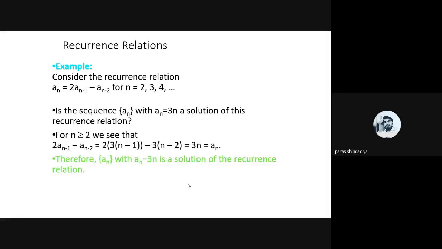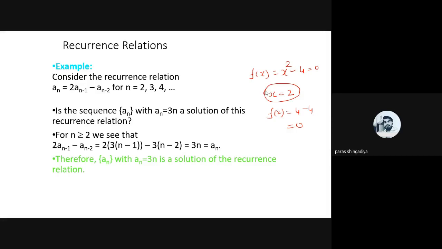And here we will check the solution of a recurrence relation. One of the solutions is given, and we verify this solution. So how can we verify that? For example, if we have a function f(x) = x^2 - 4 = 0, and we say x = 2 is the solution of this function, how can we verify it? We put x equal to 2 in this function, that means we take f(2), and f(2) becomes 0, that is 4 minus 4, it becomes 0. Then we can say that 2 is the solution of this equation.